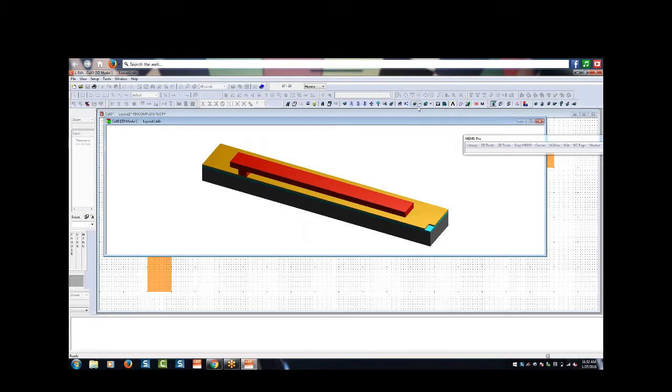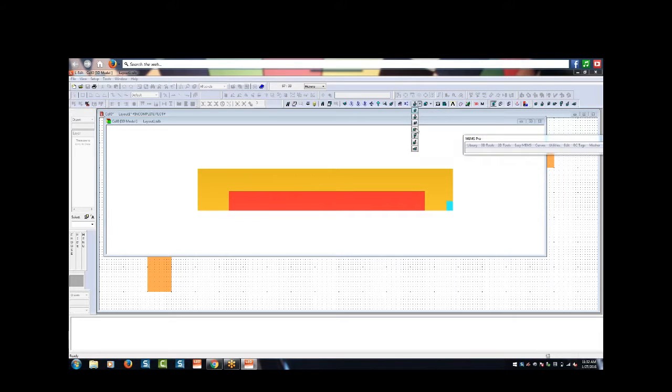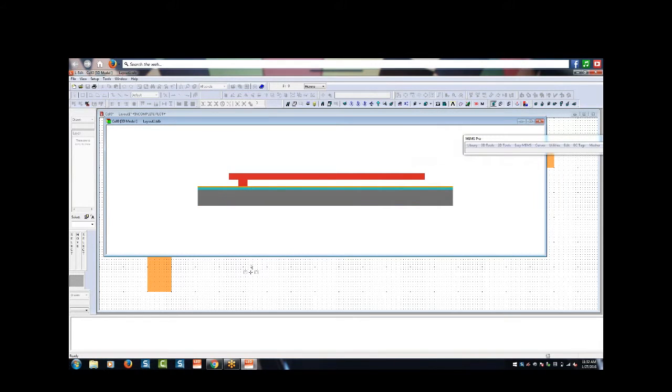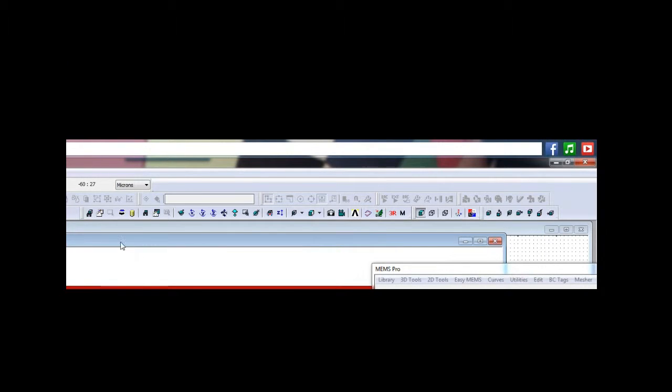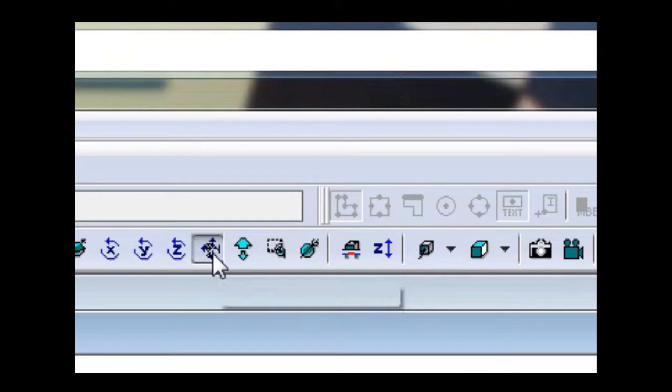Here's an oblique view, which is probably the most useful when doing 3D stuff. And then you can do a side view, which is useful as well. The side view will show you, hey, I've got my anchor here, so it's not going to float away. If I zoom in on this, and I'm trying to remember how to pan, the pan button somewhere. Let's zoom. There's pan. So, you click on the pan button, then you hold the left button, and you can move it